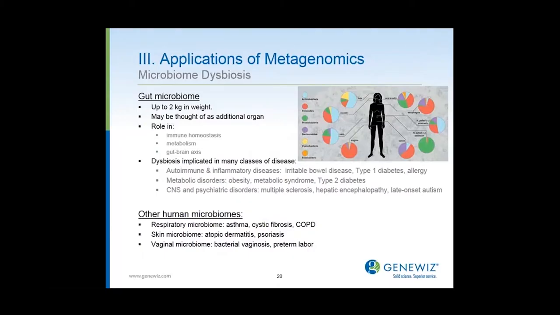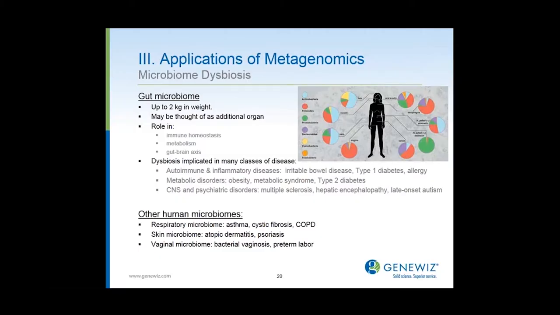And dysbiosis, or an unhealthy imbalance in the gut microbiome, causes several classes of disease, including autoimmune diseases like type 1 diabetes, metabolic disorders like type 2 diabetes, and CNS and other neurological disorders like multiple sclerosis and even autism. Other human microbiomes include the respiratory microbiome, which has a big effect on asthma and cystic fibrosis